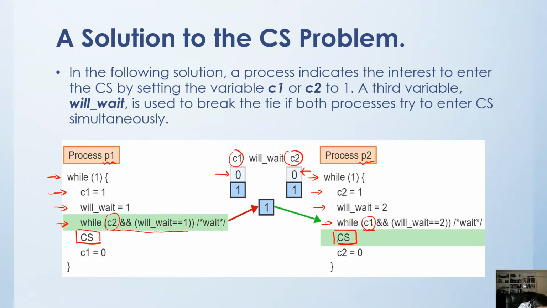Now if P2 tries to enter its own critical section, P2 will find out C1 is actually 1, that means it's true, right? And also, when P2 tries to enter the critical section, the while wait is already set to 2. So this is a 1, and this is while wait equals 2. That's also true, so which is 1. Okay, 1 basically means true,